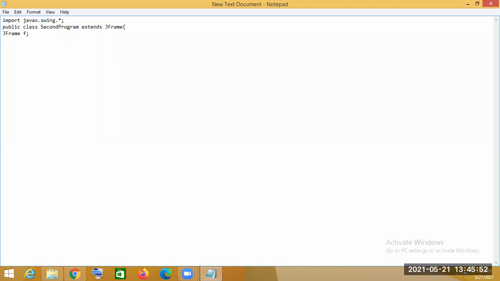Now inside the constructor, what will be the constructor? The constructor name and class name should be the same.